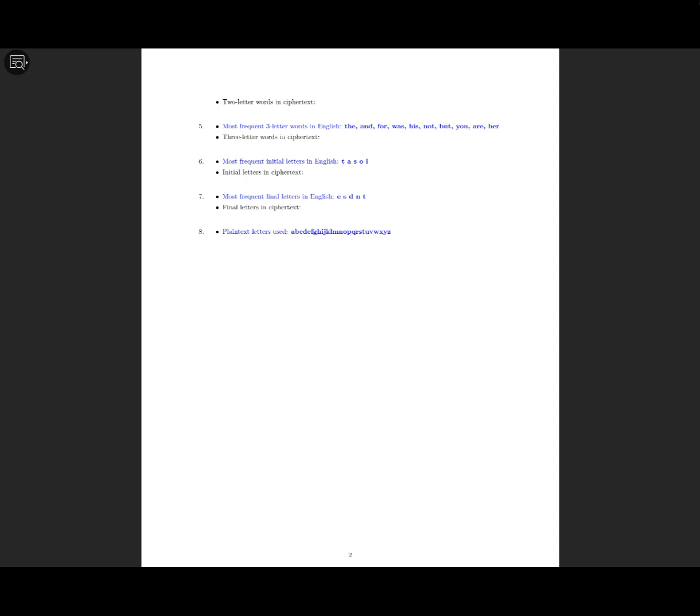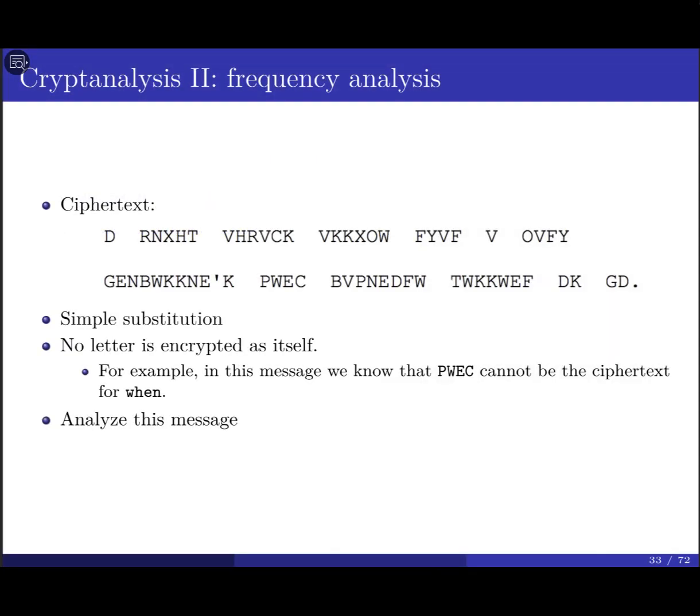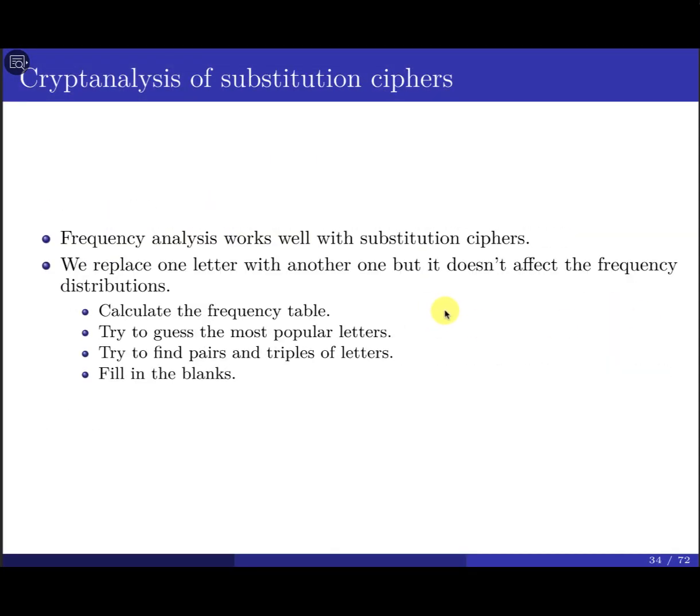Anyway, so that's the first part with the substitution cipher. Generally speaking, frequency analysis works well with the substitution cipher, which is our shortcut to decrypt or crack the system. I don't need to find all possible keys. Of course, for the simple shift cipher it is easy because you have only 26 keys. But if you have a larger alphabet, I cannot check all the possible keys. In this case, you can use frequency analysis.